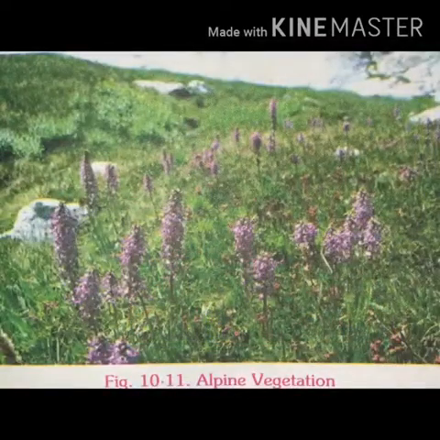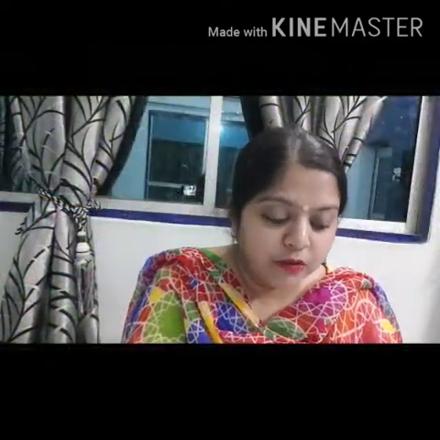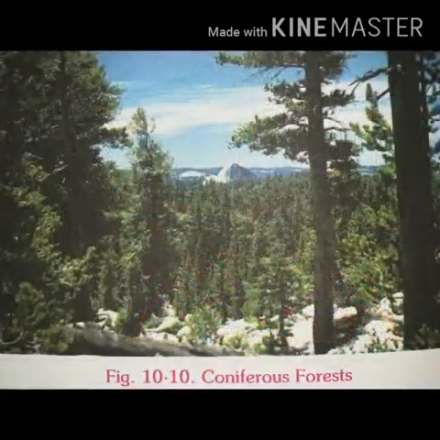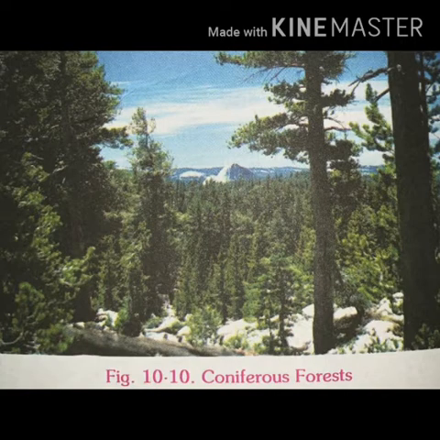For example, the moist deciduous forests are found at the foothills of Shivaliks between 1000 meters and 2000 meters of elevation. At an altitude of 1500 meters to 3000 meters, the coniferous forests are found. The trees that are conical in shape are known as coniferous forest. So what are coniferous forests? The conical shaped trees are known as coniferous forests. Examples of alpine vegetation, that is the trees found here, are sal, oak, chestnut, chir, pine, deodar, etc.